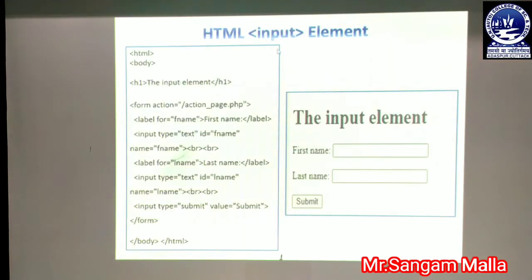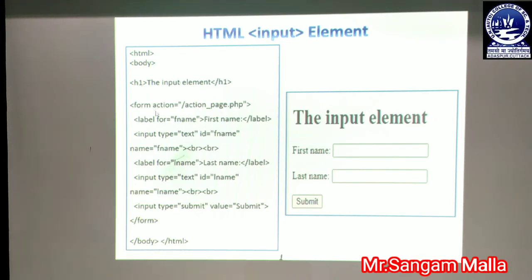Now we will be coming to the HTML input element. You can clearly see that the source code is written over here and the reflection is over here. The HTML program starts with the html tag and ends with the closing html tag. Then comes our body element, under which we will be writing the body of the web page. So first comes our h1 tag, that is header 1, which says input element.